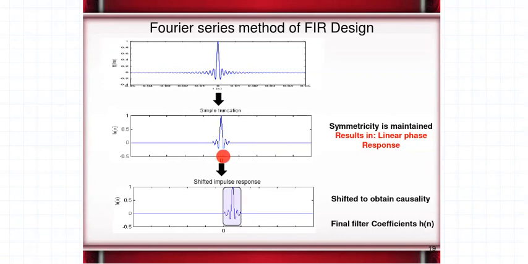The next thing that we need to do is maintain the symmetry, right? We want a symmetric impulse response, and that's why we have truncated this way. We didn't truncate it from 0 to a certain m number of samples, friends. The way we truncated is that we maintained the symmetry during truncation. The reason behind maintaining the symmetry during truncation is to get the linear phase response, because the biggest advantage of an FIR filter is that it has a linear phase response.